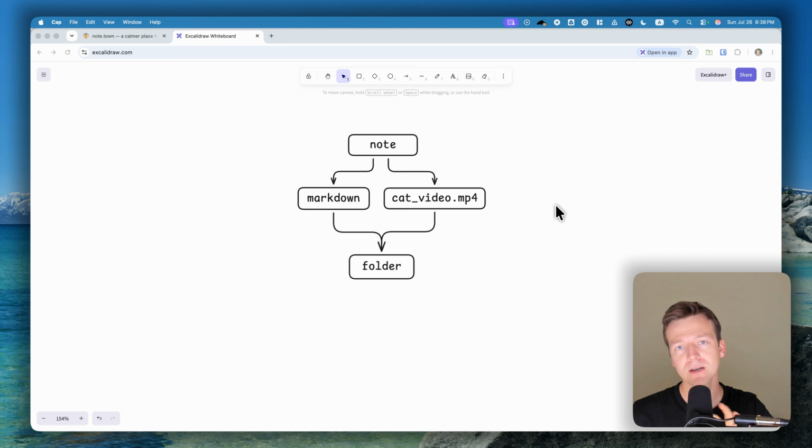But this imposes a problem if you actually want to collaborate with other people, if you want to share your notes. For example, if you're making a note-taking tool for your family or for your friends and you want to share things.